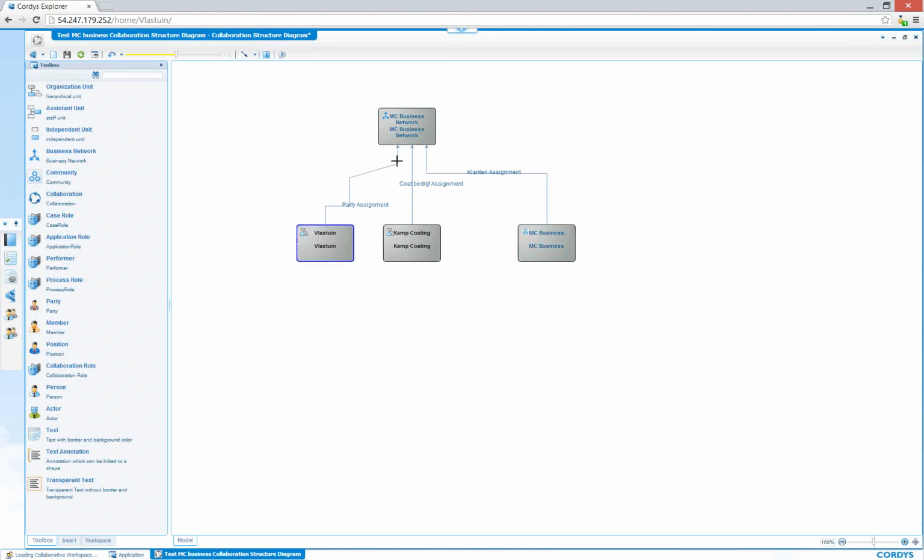So as you can see, I'm able to manipulate these arrows around. So this was about